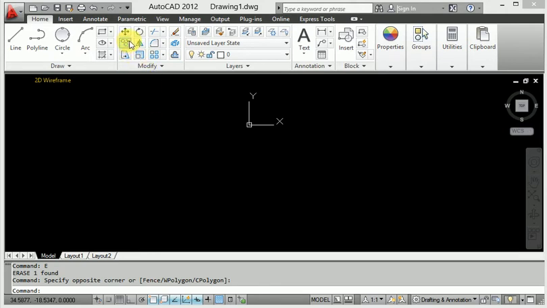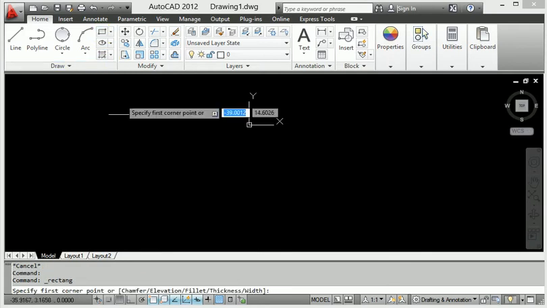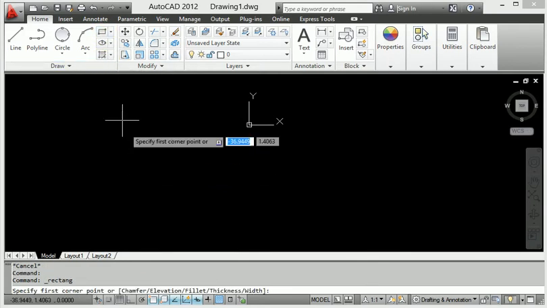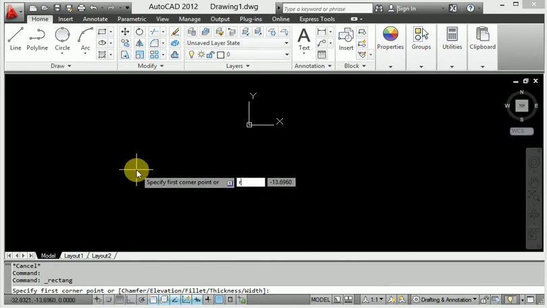Now I will discuss the mirror command, how to get mirror in AutoCAD using the shortcut key and by directly using the command. I will create a simple diagram here. This is a line. If I use the rectangle, I directly use the shortcut key, REC, which is called rectangle.